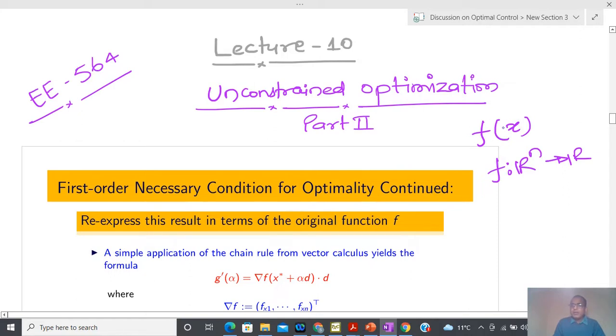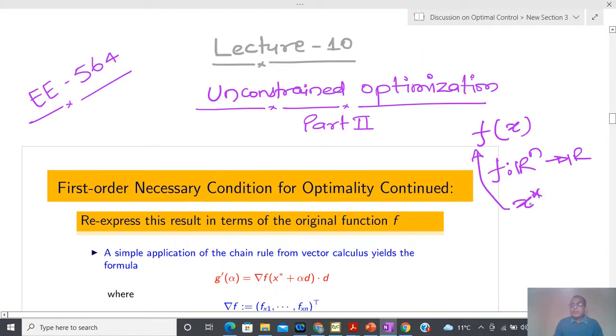I have already told you that I am just going to solve the minimization problem. Maximization is obvious, you just have to put the negative sign here. So I am going to minimize this function, and what we found is that if x star is the minimum of this function